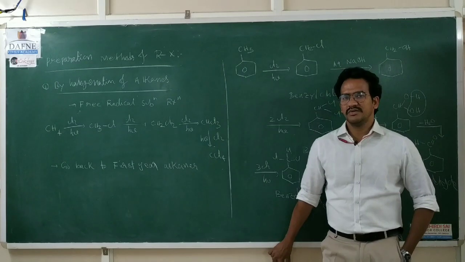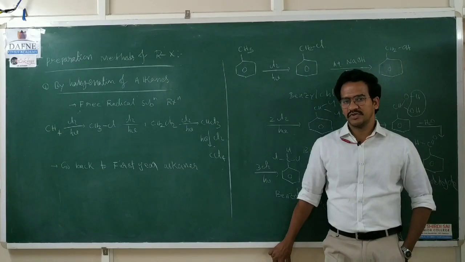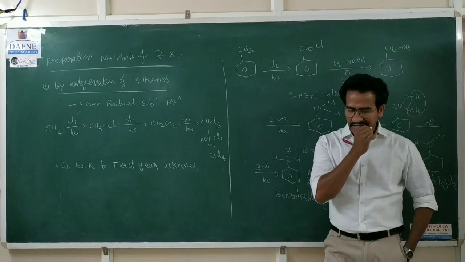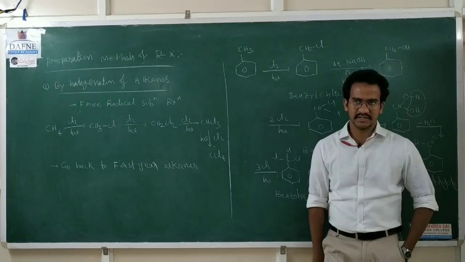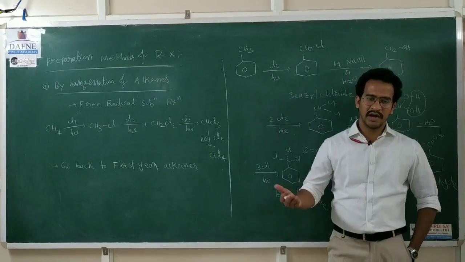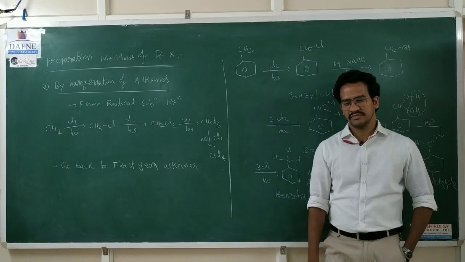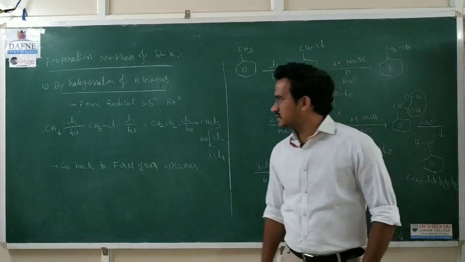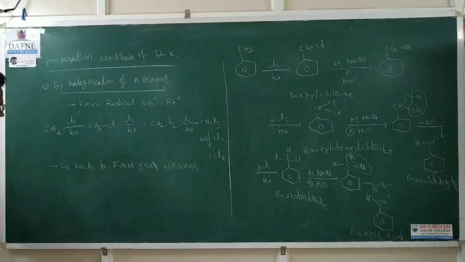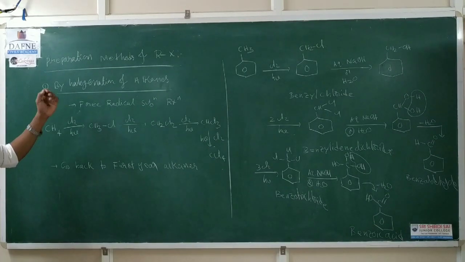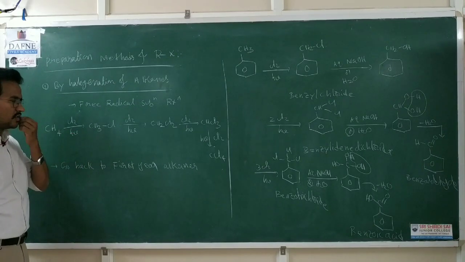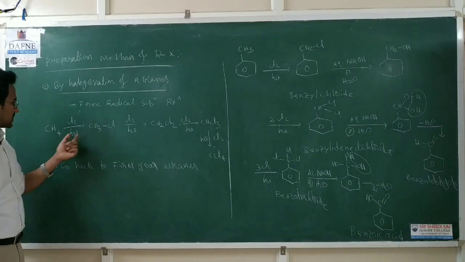So already you studied free radical substitution reactions of alkanes. Actually, alkanes in free radical substitution reactions produce alkyl halides. So here we have monohalogenation, dihalogenation. In this case, alkyl halides are the products. So here this alkane, suppose methane, on reaction in the presence of sunlight or UV radiations, this hydrogen is replaced by the chlorine.